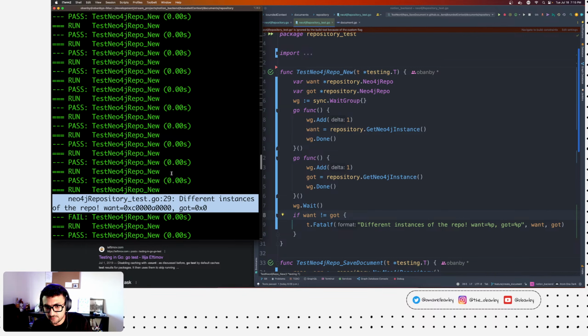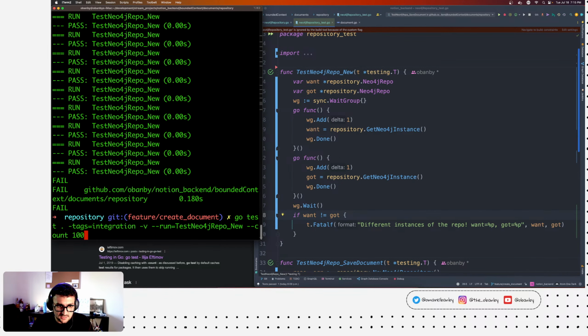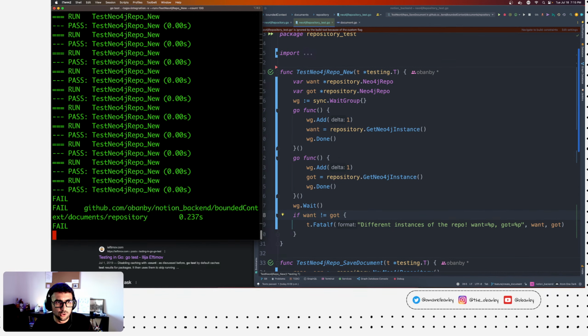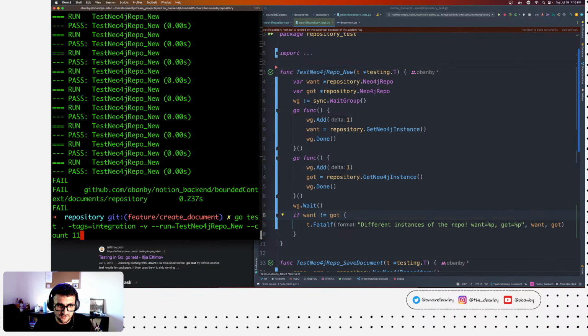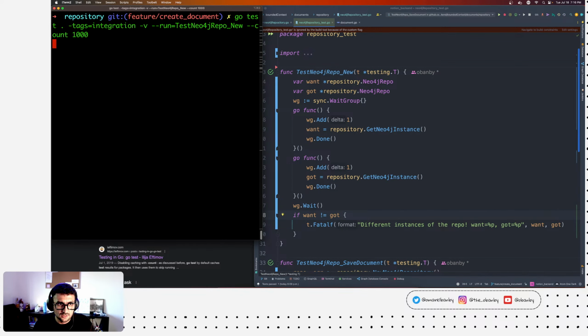And one of these problems, as I mentioned, is that you cannot guarantee which one would run in which order. And that's the beauty of concurrency, really. That's actually what makes it fun, but also what makes it extremely damn difficult. So that's why I celebrated, because 1 out of the 100 failed, right? And the way I did this is I passed the count flag and 100, and I said, hey, go run this 100 times. Let's say actually if I run it 1,000 times, what happens?